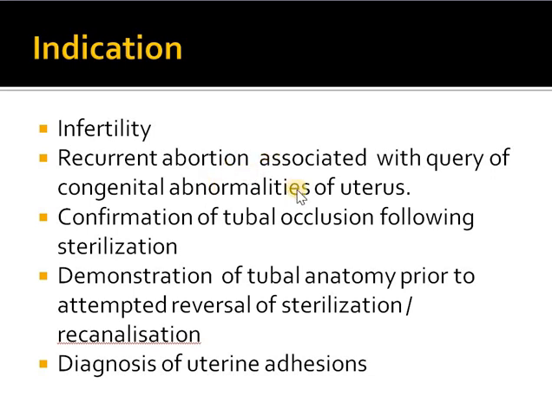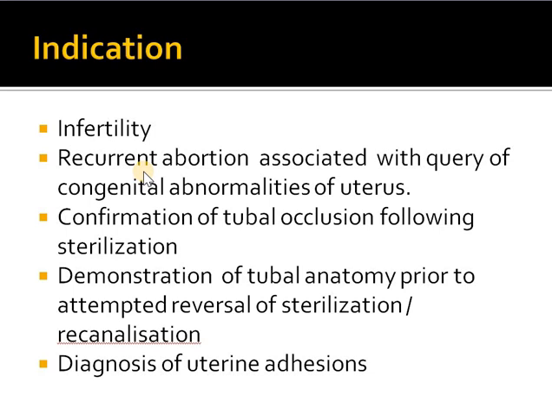But in some cases we find both the bilateral tubes, both left and right side fallopian tubes, are blocked, they are not open. In those cases the chances of conception are nil, natural conception chances are nil. So to rule out the cause of the infertility, whether the fallopian tubal factor is involved or not, we'll do the HSG test.